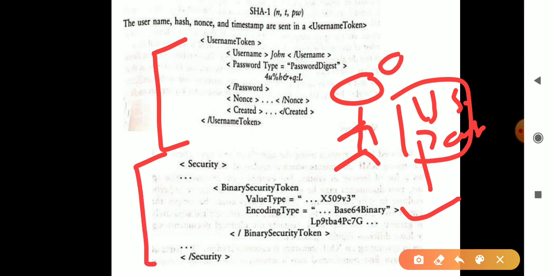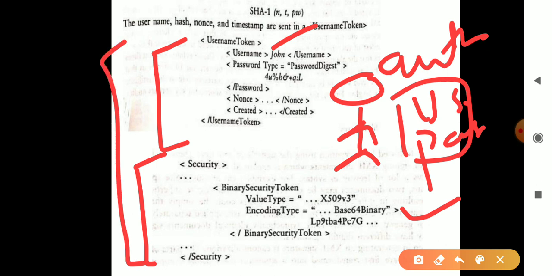It is going to authenticate this client using this token. These tokens are very helpful, and this X.509, as we have seen in the third module, is used to exchange and verify the user every time, from which particular system he has been logging in, and whether he is an authentic user or not.